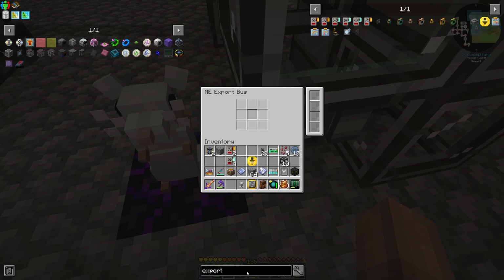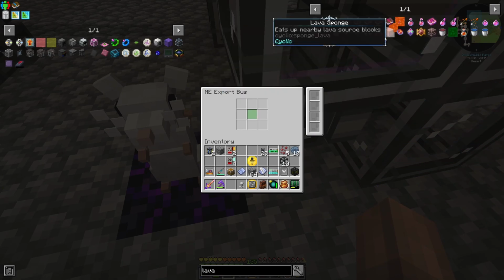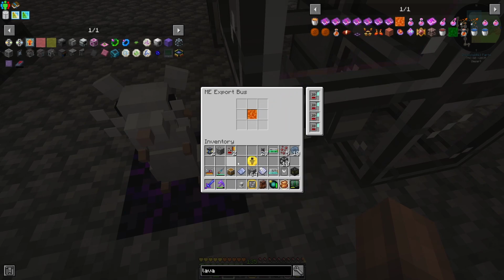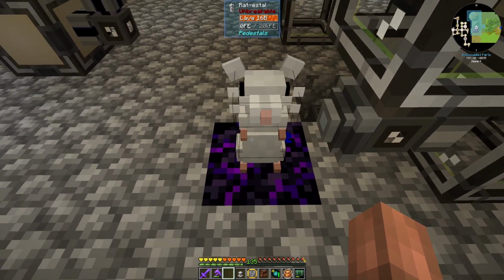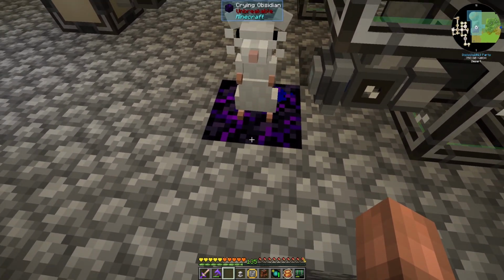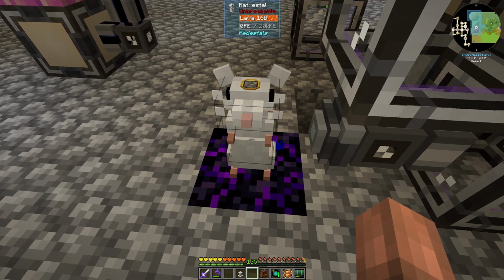And you are going to export lava. And we're going to give you acceleration cards. So now you can export lava. You're taking the lava in. He's uncrafting obsidian because that's what the recipe calls for. And if we give him a material generator,